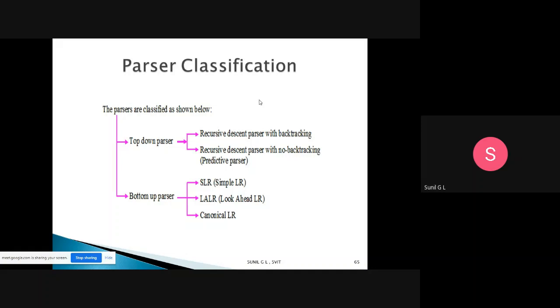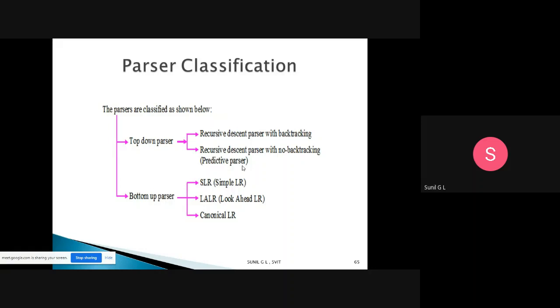In that we will have two things: recursive descent parser with backtracking, and recursive descent parser without backtracking. That one we will call a predictive parser.